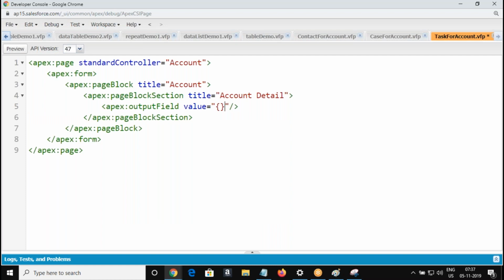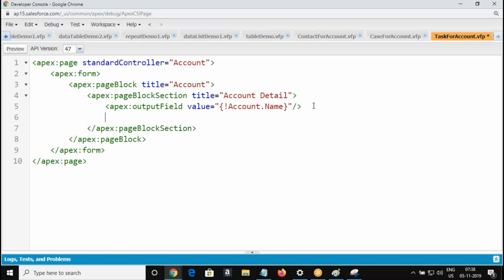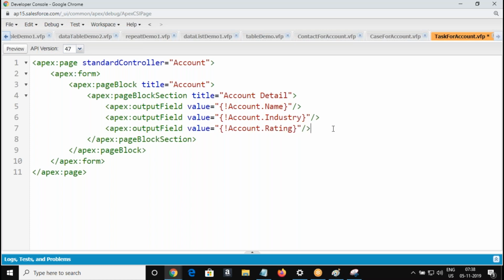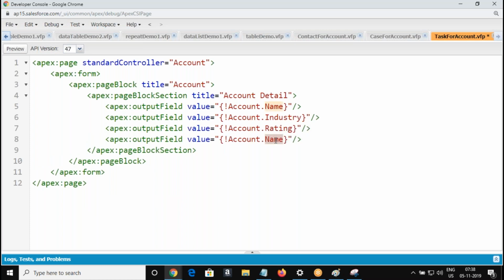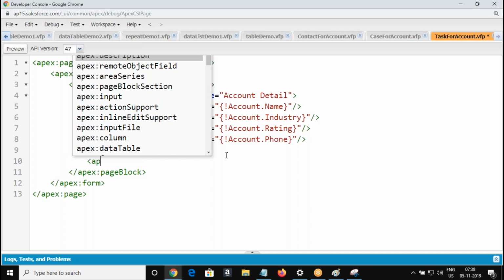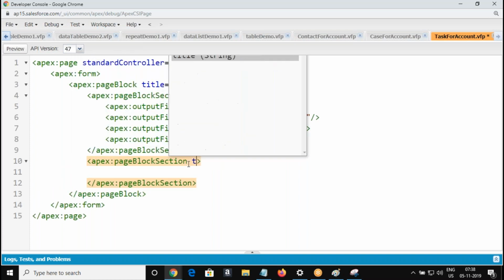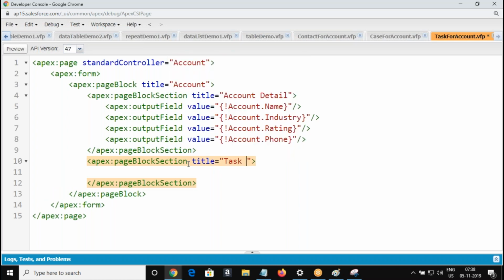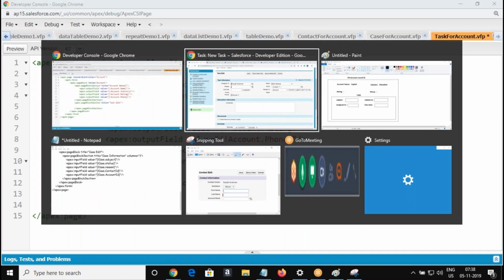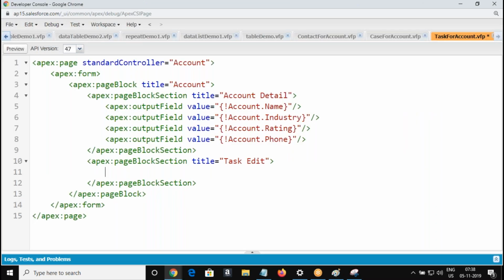So I use output field, name. Right. One more section I add to get the task details. Right. Now we'll go to the task object.